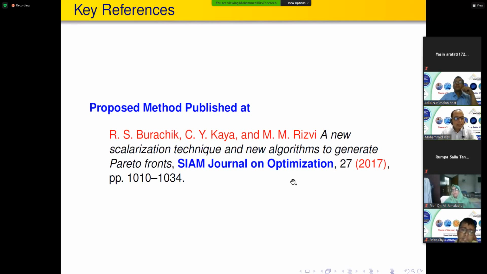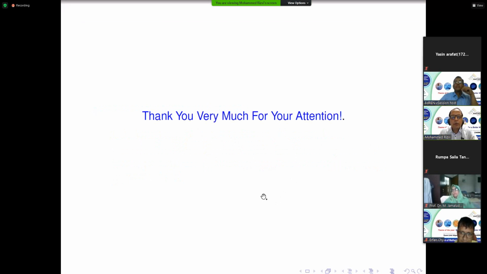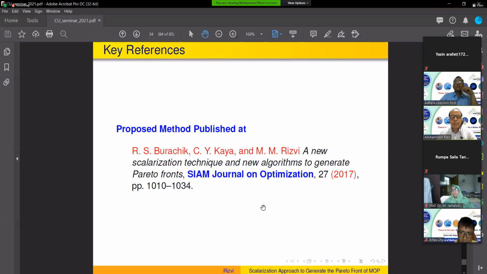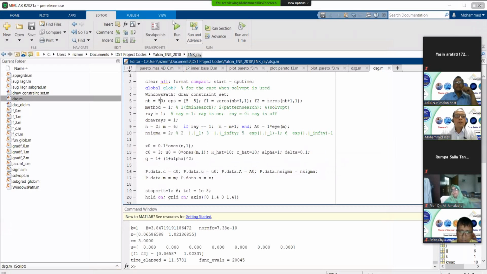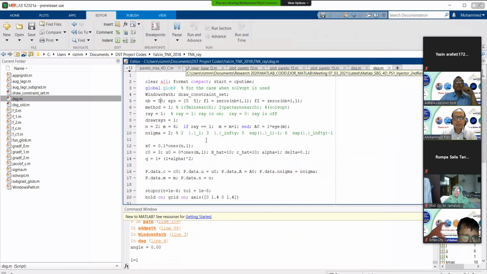So at the end, as I said, I want to show you how these algorithms work. I'll take only 1 minute. As I said, we need to choose some reference points. So we need to write code in MATLAB, and when you run the algorithms, you'll see